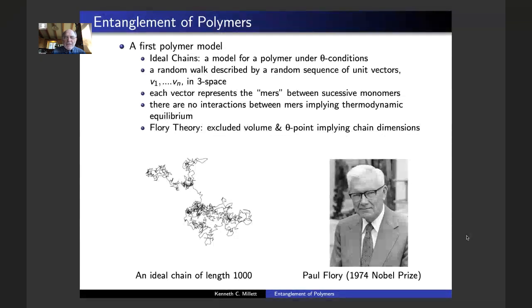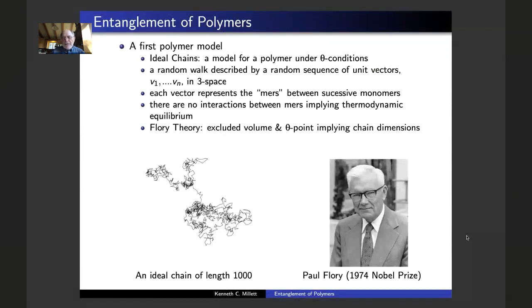The random walk, of course, is just a unit length step in a random direction, a sequence of those, thereby describing a polygonal arc in three space, and the collection of those then